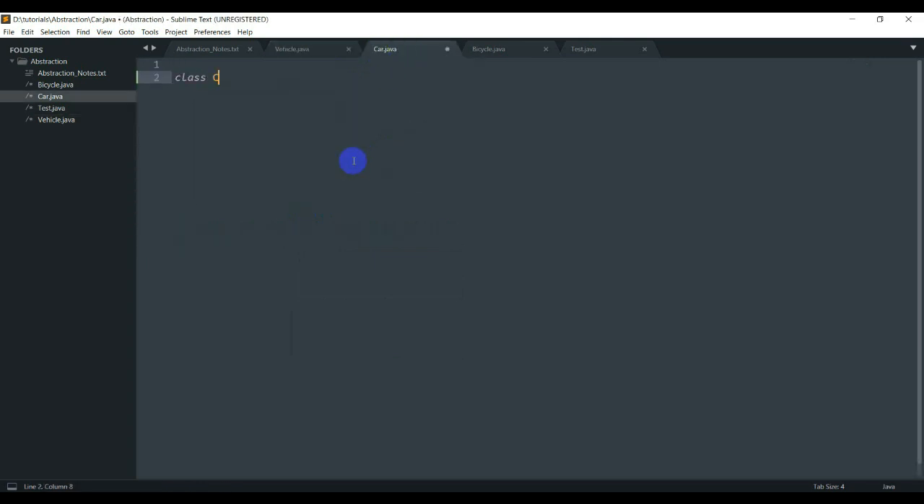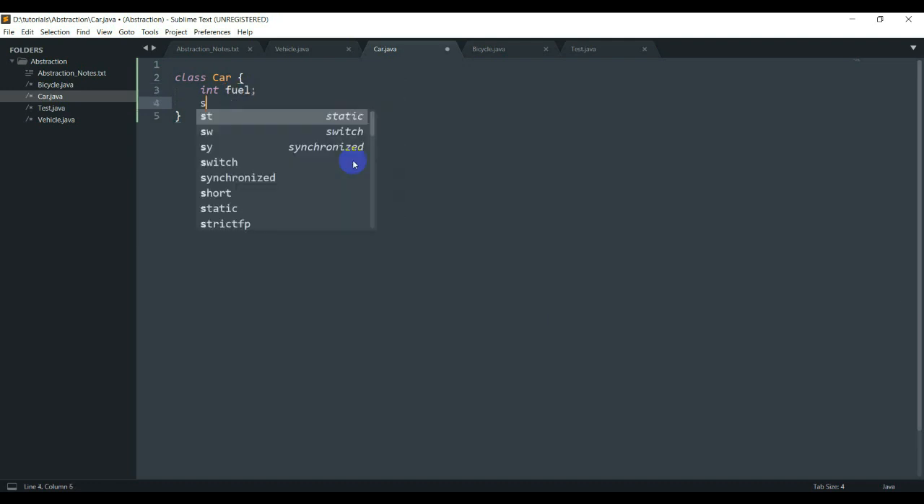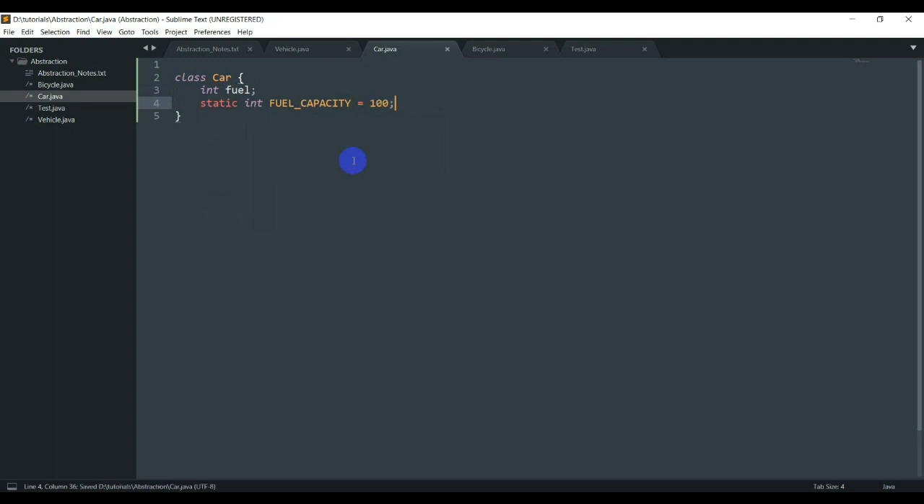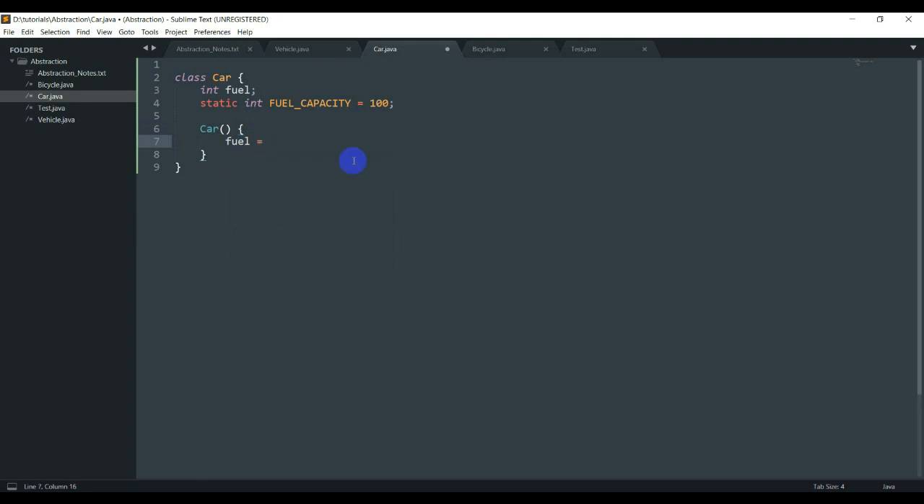So this is class Car, and this one is concrete, and here I have an int fuel and a static int fuelCapacity equals, let's say, 100, and I'll have a constructor for the Car class, and this just sets the fuel to, let's say, half the tank. Oh, okay, so the Car class should extend the Vehicle class,